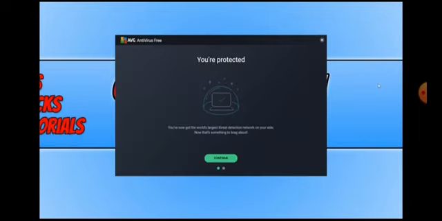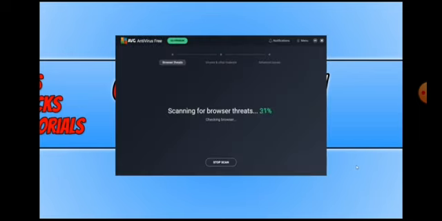Once the install has finished, you will then end up with a window that looks like this. We can now go ahead and press continue, and you can now go ahead and run your first scan. As you can see, no threats were detected in any of my browsers, which means I can go ahead and press next, and it's now detected no malware on my computer or any viruses, which is also good news, so I can go ahead and press next